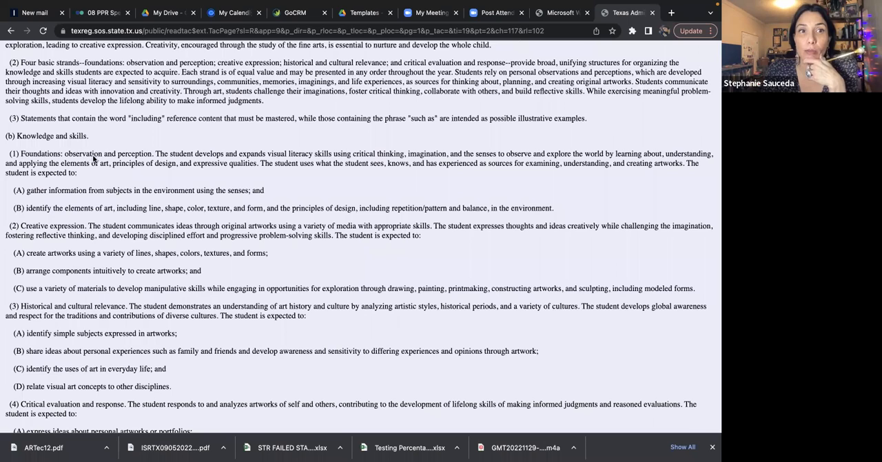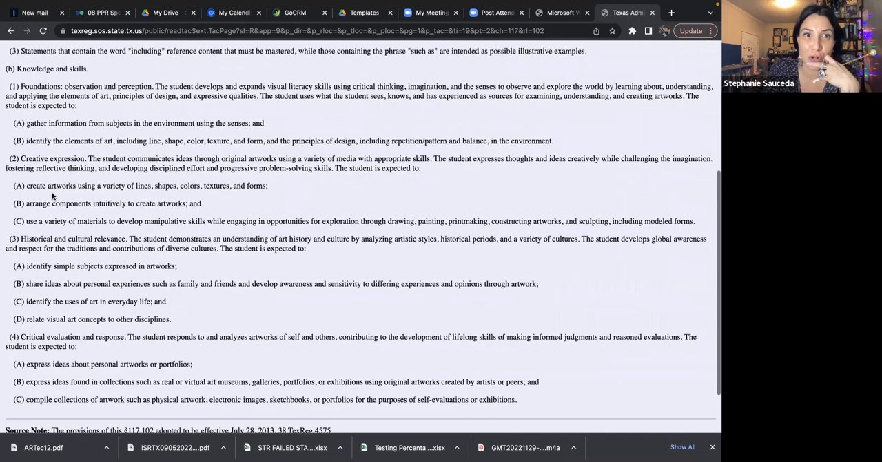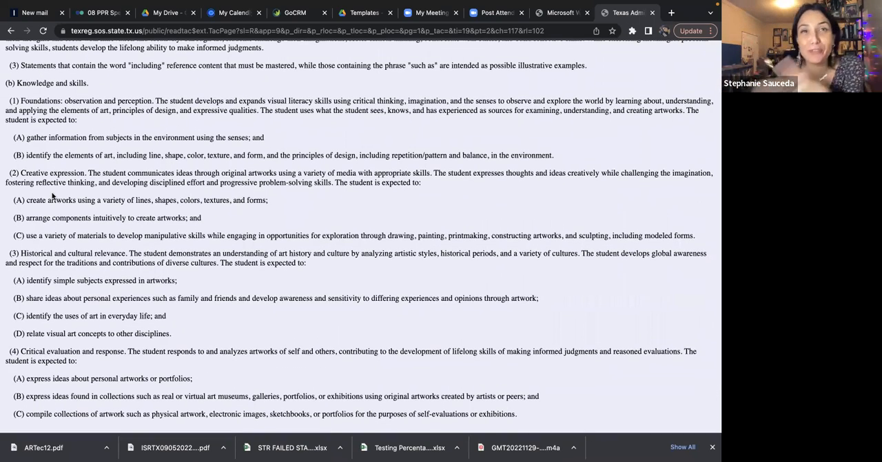foundations, which is observation and perception. This is one of the strands. And within it, there's not a whole bunch. Look how little art is for kindergarten. We're not trying to get them to learn all these